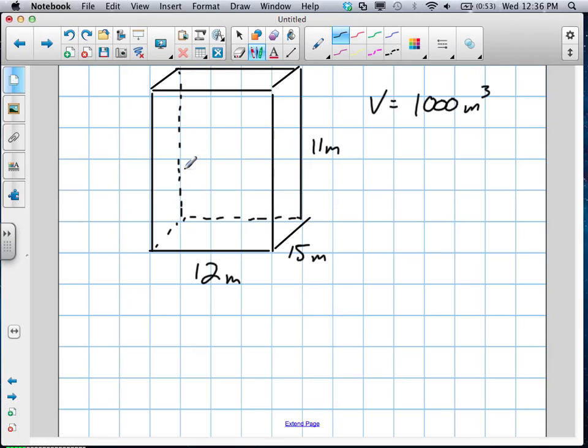Okay, if we're making a cylinder and this has a width of 12 meters, what is the max radius we can have of this cylinder? 12 will definitely be the max diameter of the circle. That's right. So we have our circle here. Our radius has a max